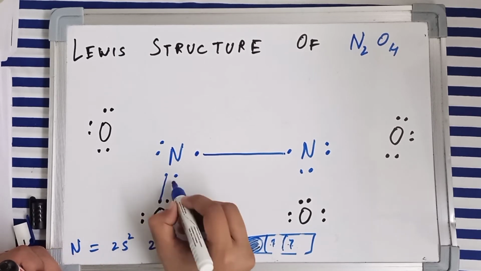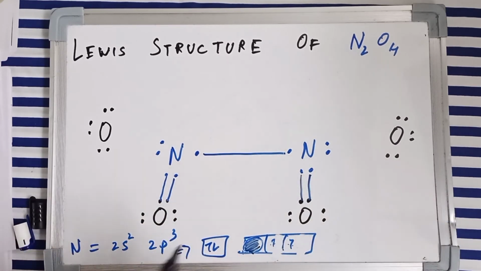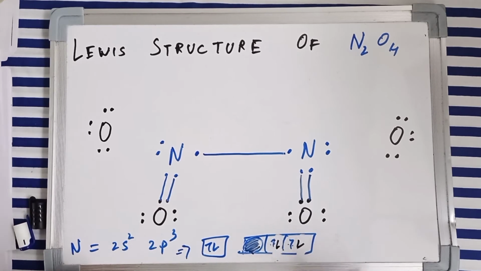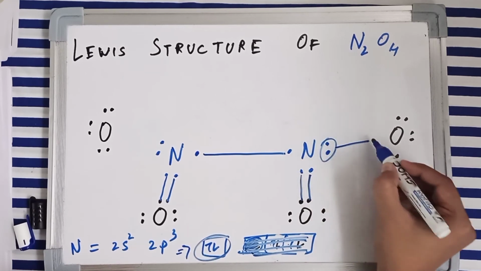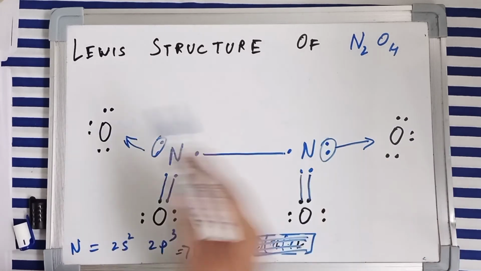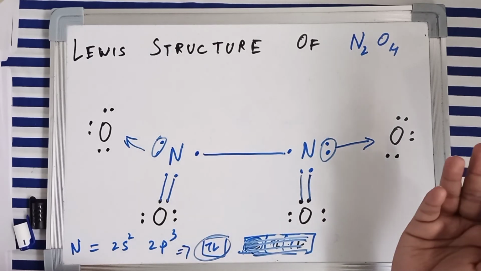So these are going to make double bonds with oxygen. Similarly here also, double bonds with oxygen. If you want to look at this thing, you had 2 electrons from nitrogen, and now these 2 electrons have paired with nitrogen's electrons. Now you have completed every part of the 2p electrons. Now you got left 2s electrons, which are these ones. So nitrogen will simply donate these 2s electrons to the oxygen, because oxygen is still electron deficient. It had 6 electrons, whereas it wanted to have 8 electrons.